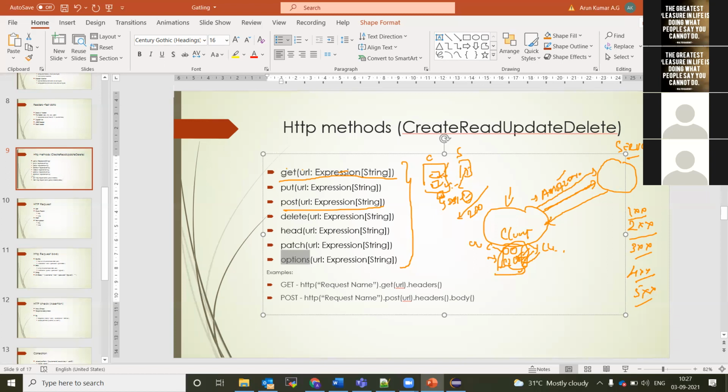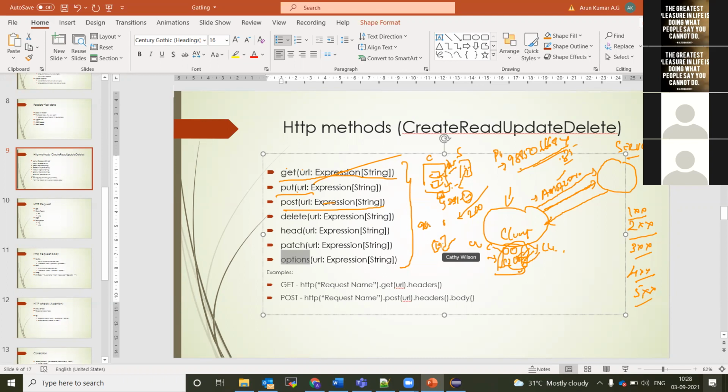Now PUT. How would PUT be executed? For example, I have already created my profile, and previously my number is 98506664. Now I want to update this particular data with 98506685, so I'll use the PUT request. For PUT also, there will be a post body, where I need to update this number from the client to the server. I'll click the edit button, enter the new number, and click edit. As soon as I click this edit button, it will go for a PUT request.